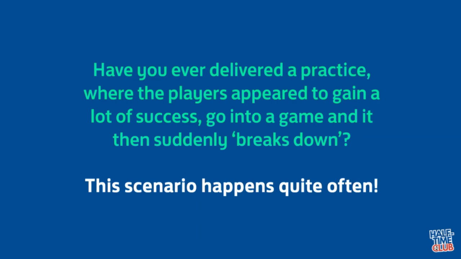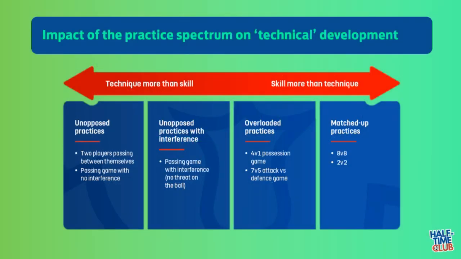Now, what I'm getting towards here is, if we think back to the last slide, it's probably broken down because players have gone from having to contend with limited or few pieces of clear information to now contending with so much more dynamic information. It's ever changing, or it could be completely new and they've never experienced it before. So essentially, the two practices that we've done, the first one where we thought they were getting lots of success, and the next one they're now competing in or practicing in, are completely different. And the players are now overloaded with information. And that is where we go back to the practice spectrum and consider the fact that actually it's a sliding scale.